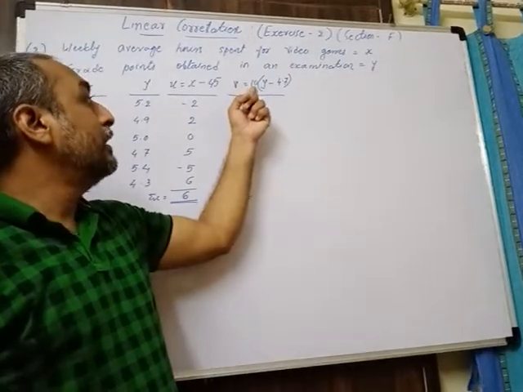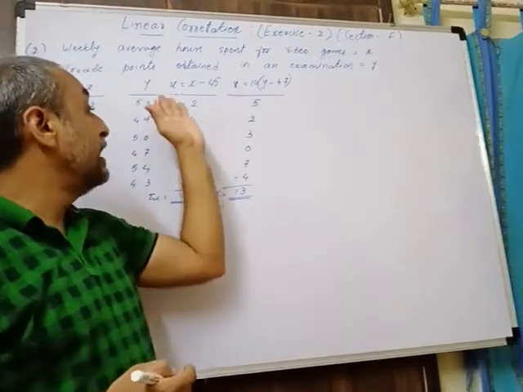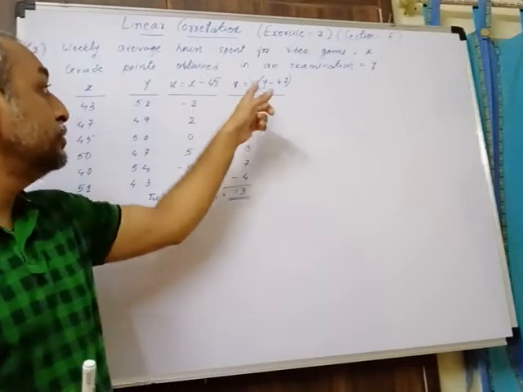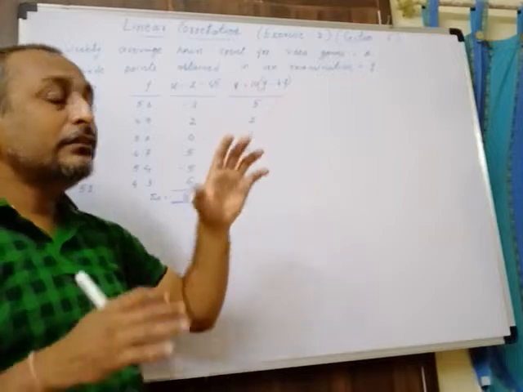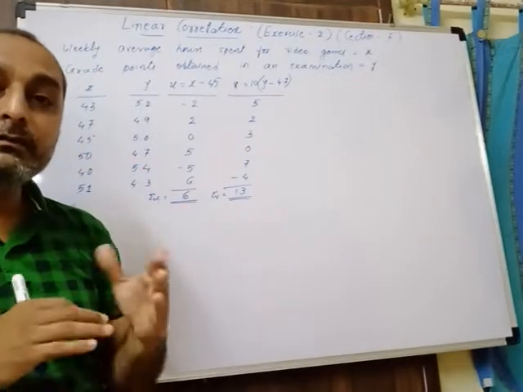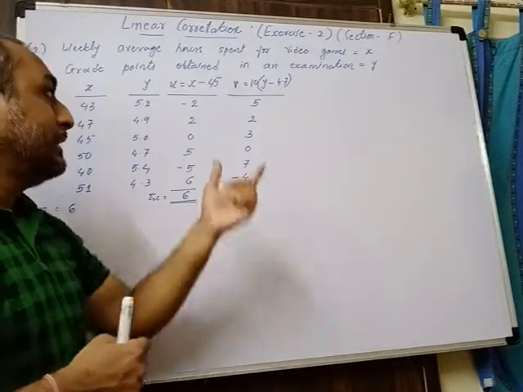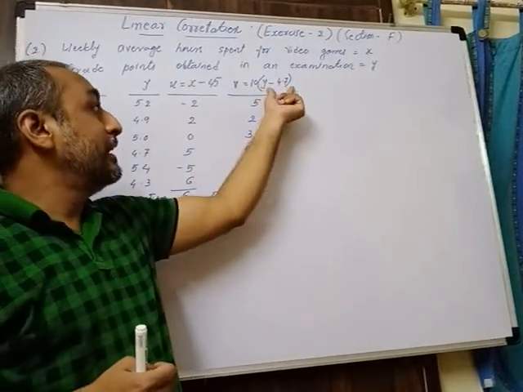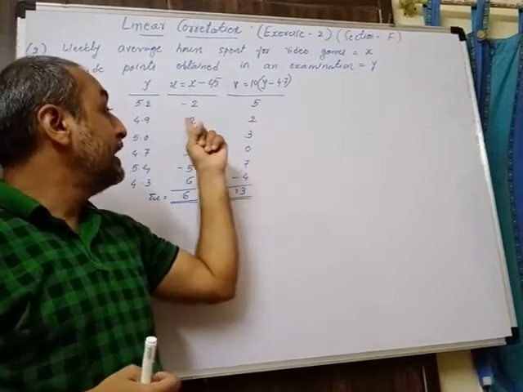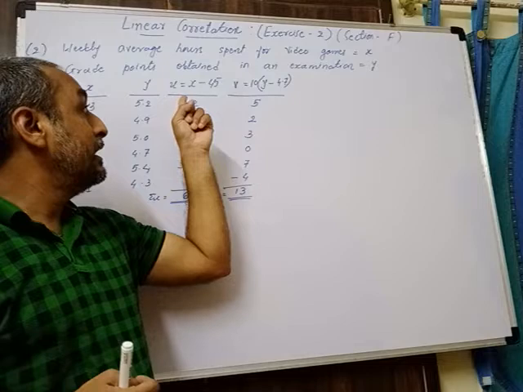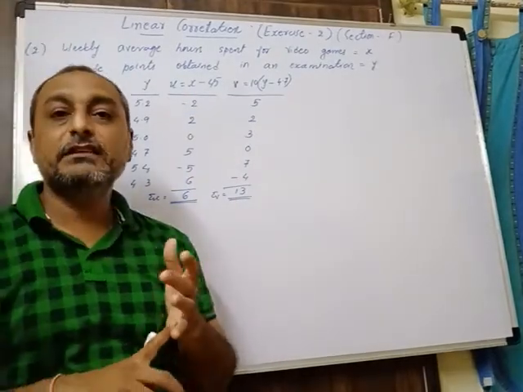This is the important part when you convert the variable y into v and variable x into u. The values which we require are normally the values which are convenient for multiplication, adding up, or squaring, and that is why we have converted these fractional values into exact values. When we convert x and y into u and v, we are making changes in origin as well as changes in scale.